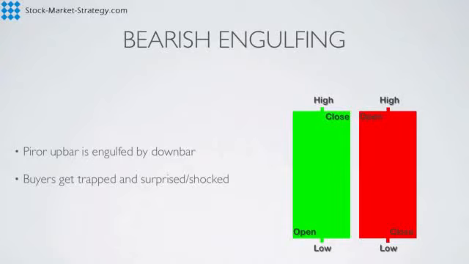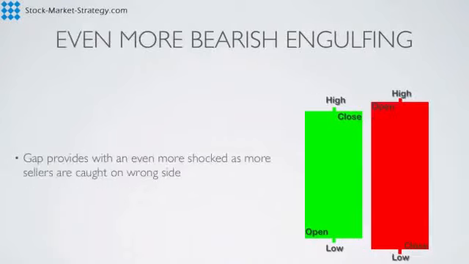The opposite is the bearish engulfing. It's practically the same, except buyers are buying this, pushing it up and closing at the high. They believe this is a strong momentum bar and it's going to climb further, and then they will be shocked and surprised when the next bar closes down here. So all that bullish momentum and sentiment is suddenly negative. And again, there's also an even more bearish engulfing where we gap up. People believe this is going to climb even further after a big up green bar, and then we close low. So the same as the bullish engulfing, just reversed.